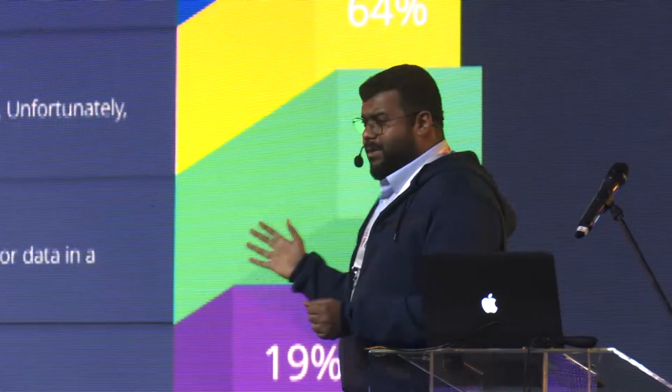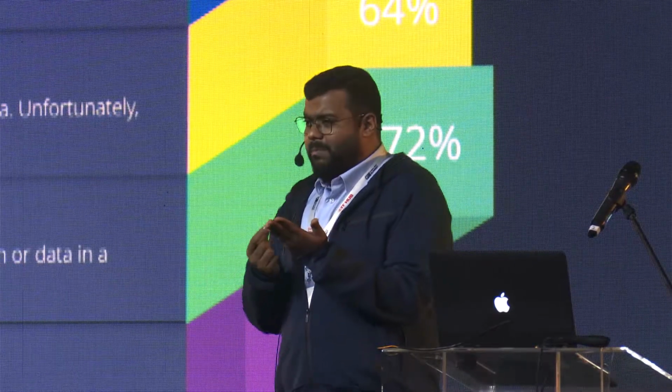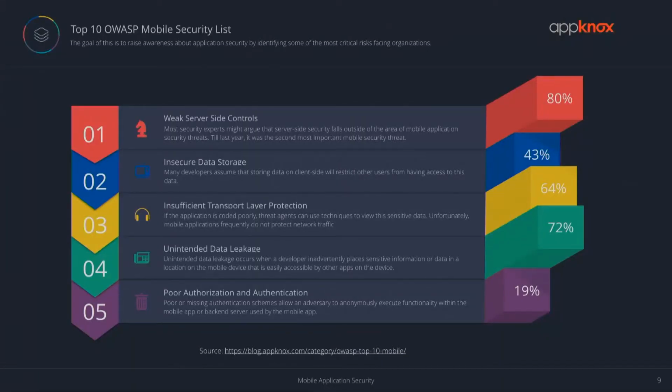Insecure data storage. Up till 2014, phones used to come with an SD card or a removable card. Apps were storing data in there just to save the internal memory. Now imagine your credit card number being stored in removable storage, which you throw out, right? Or you're storing data in a sandboxed environment, but with a lot of privileges and permissions. That's the problem. So insecure data storage, we figured out around 43% of all the applications which we have scanned overall has this